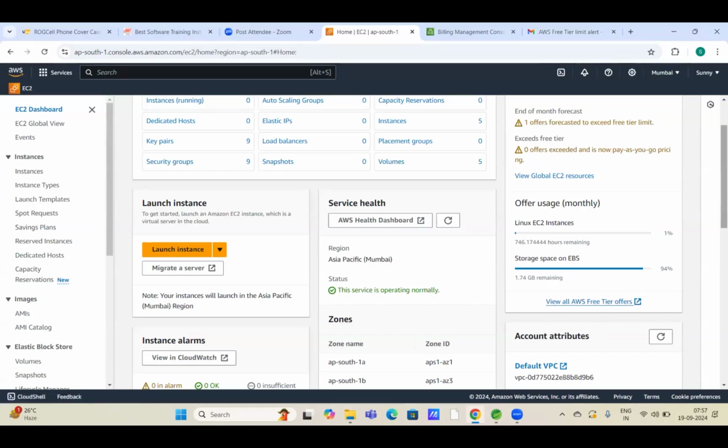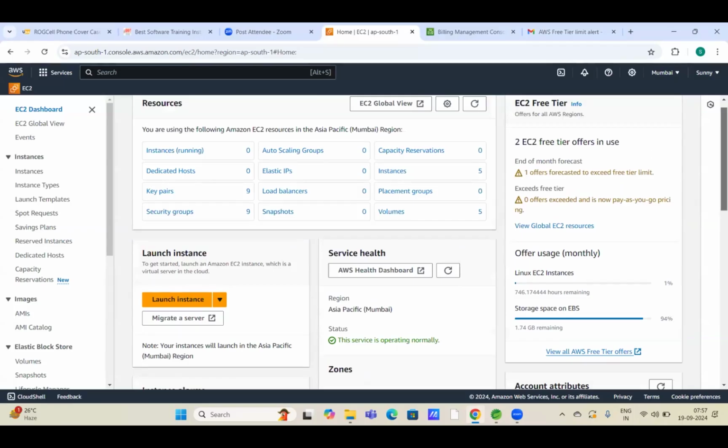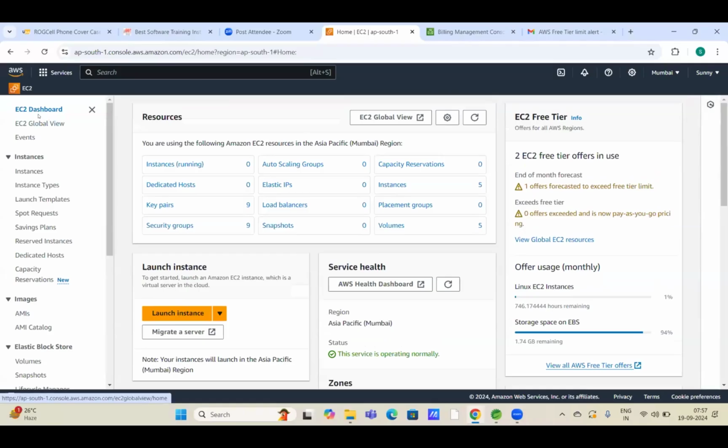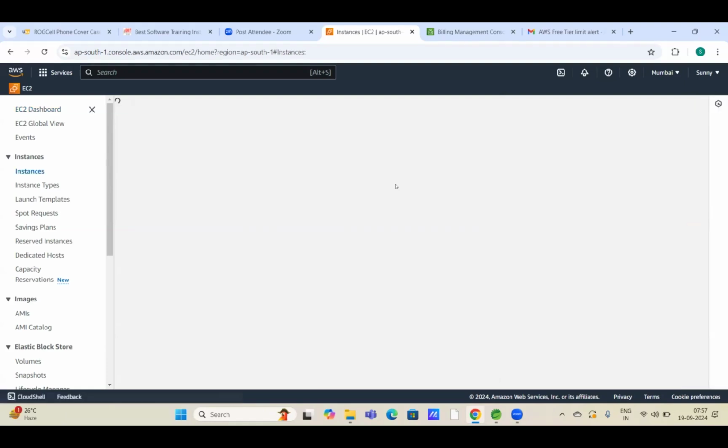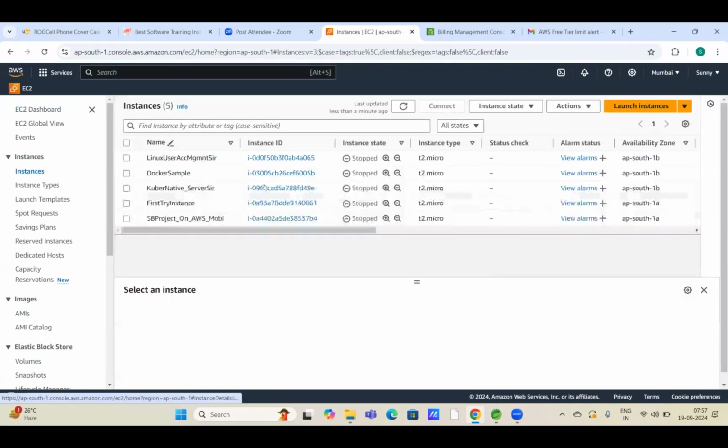Some machines are running in EC2. EBS volumes are available. Can you go to the EC2 instances and delete the instances which you are not using? Sir, every instance is stopped. Yes, instances are stopped, but the EBS volumes are associated. Now you delete them if you are not using them.